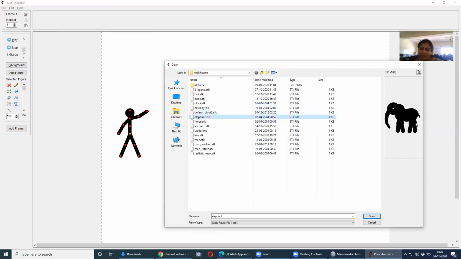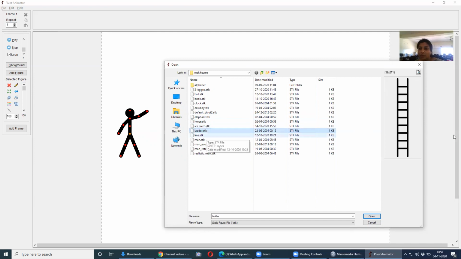Elephant, see we have an elephant. I can just make a video of a Pivot stick figure riding on an elephant. Yes. Then we have a horse. Then we have ice cream. Then we have a ladder. I can make a story wherein this Pivot stick man is actually climbing a ladder. Then I have a straight single line.